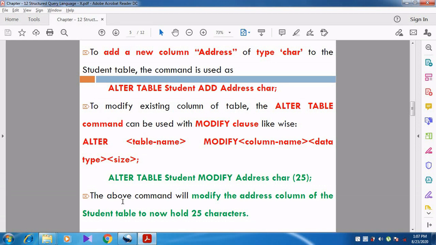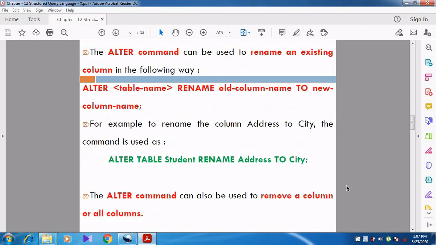Whenever we want to modify the existing column, we use the modify clause: alter table, table name, modify column name, data type, and then size.